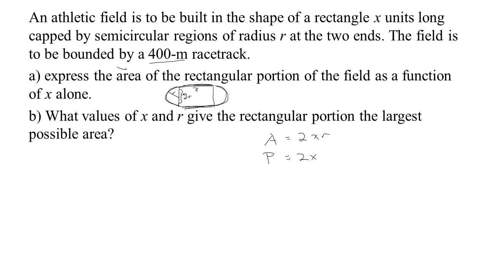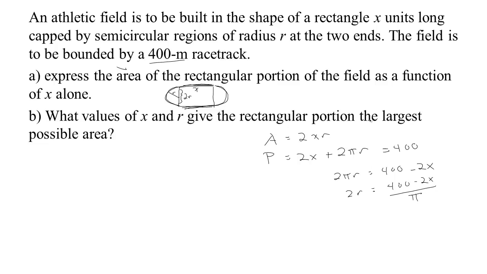So by the time you've run the whole thing, you've gone all the way around a circle of radius r as well. Now the circumference of a circle of radius r is 2 pi r. We know that's got to turn out to be 400 meters, so we get this condition. In this condition we could solve for r. 2 pi r has got to be 400 minus 2x. There's a 2r in this problem that I want to replace, so if I divide by pi, I have 2r is 400 minus 2x, all